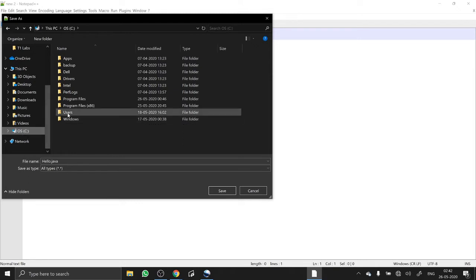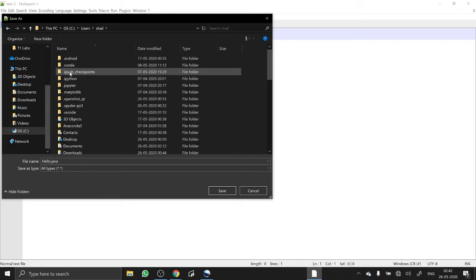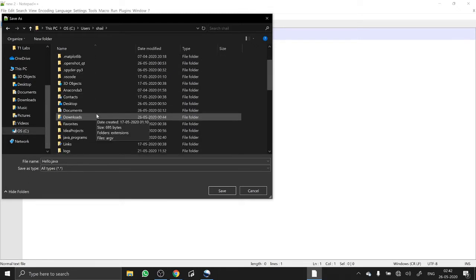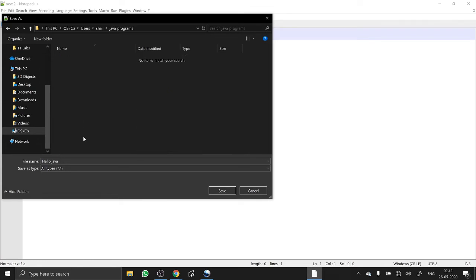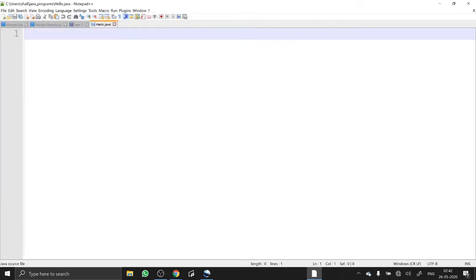Mine was C, Users, and then there was this Java programs folder that we have created, and save your file over here. The folder is a better option because from there you can trace back all of the work that you have done. So it is better to have all the files in a folder.